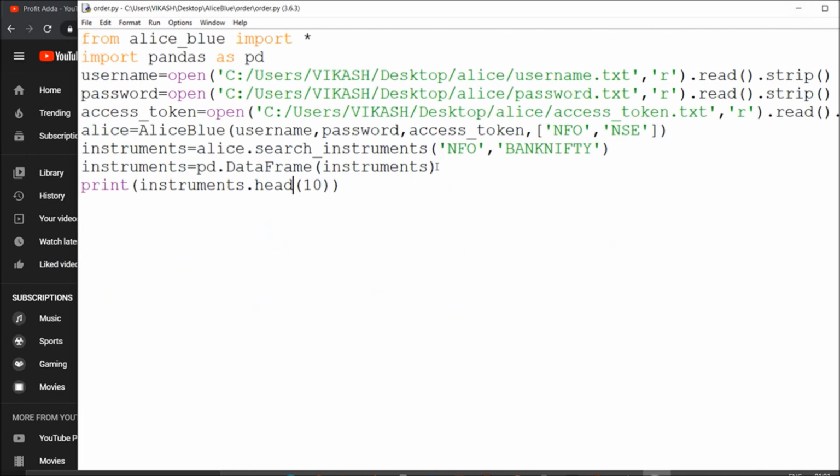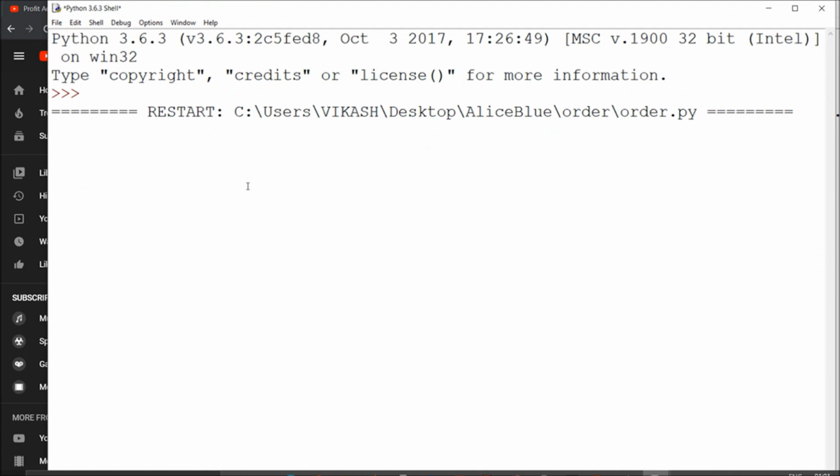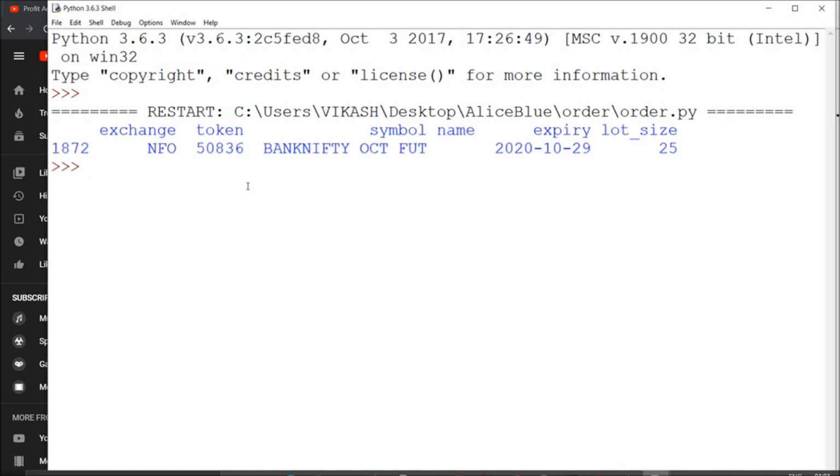Suppose you want to fetch the last one, we got this Bank Nifty October future. This is around 1872. This is the serial number which you need to call.